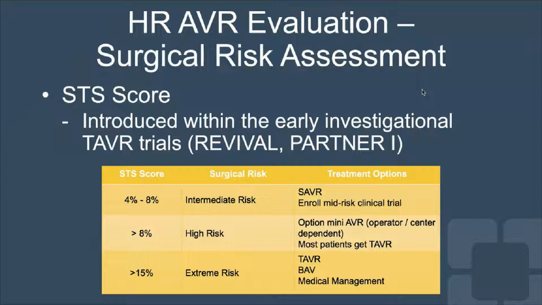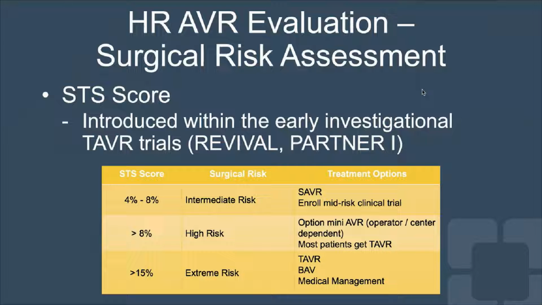Low-risk patients are patients with a predicted mortality of less than 4%. These patients are undergoing open surgery. In intermediate-risk patients, or patients with a risk of 4 to 8%, most of these patients will still undergo open surgery, but there are clinical trials that are enrolling these types of patients between open versus TAVR